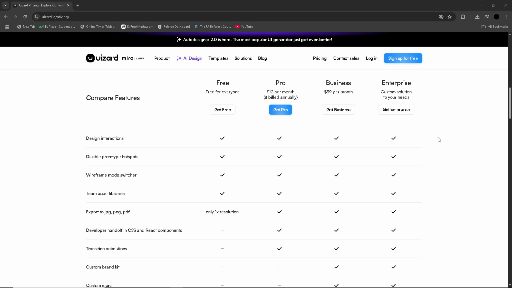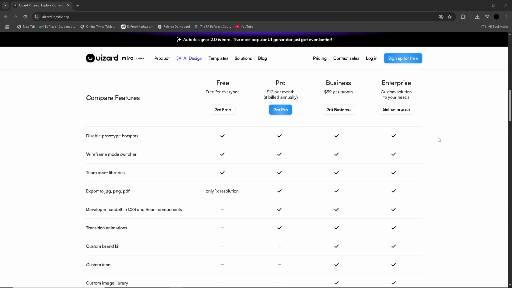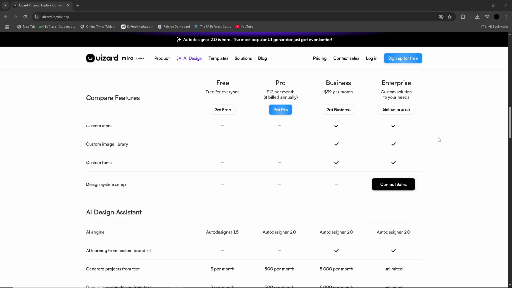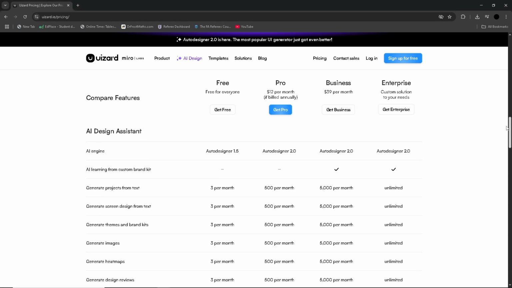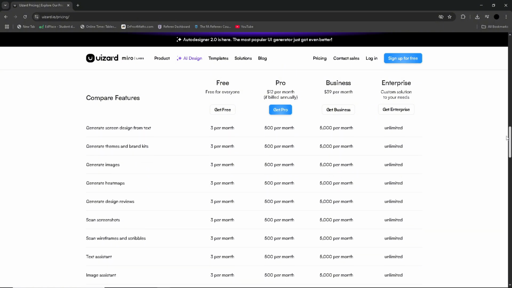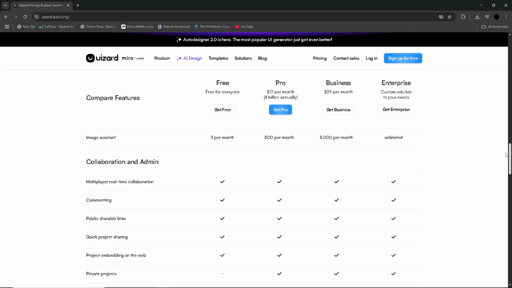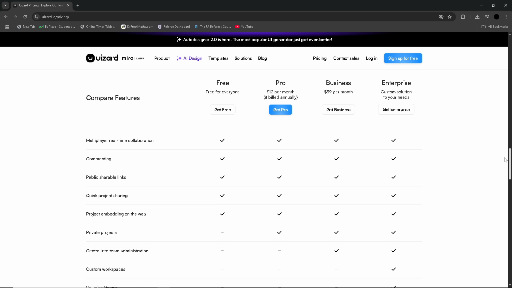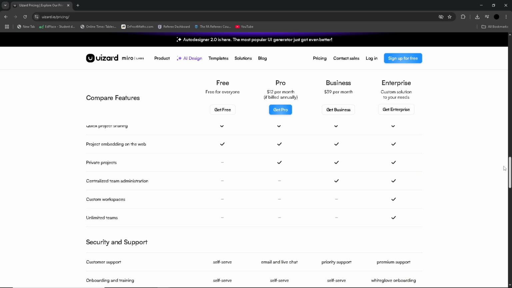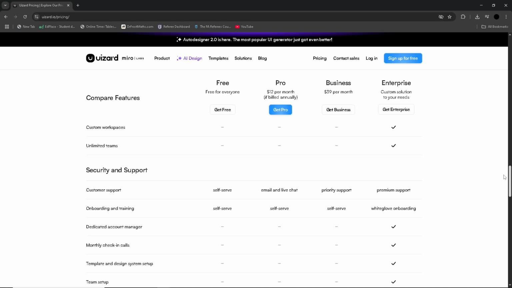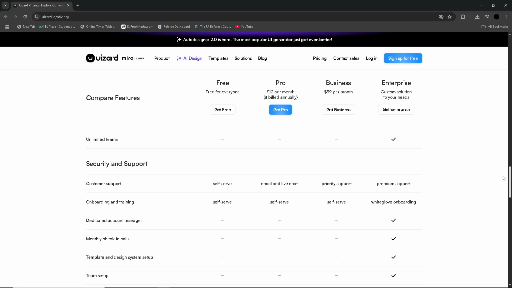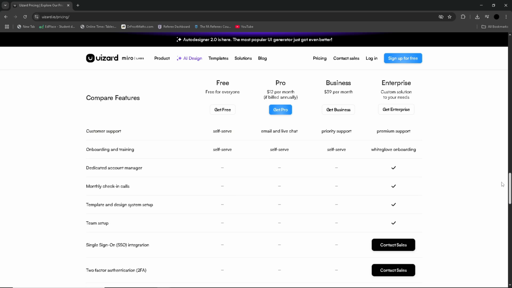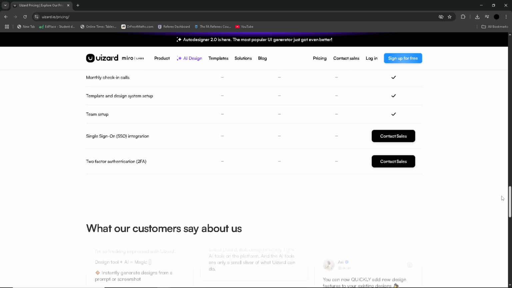Uizard offers a tiered pricing structure designed for a variety of users. Its free plan allows for 3 active projects, 10 templates and 3 AI generations per month, enough for experimentation or hobby use. The Pro plan starts at approximately $12 to $20 per creator per month and provides significantly more power. AutoDesigner 2.0 access with up to 500 AI generations monthly, unlimited public and private projects, full template access, and collaboration with